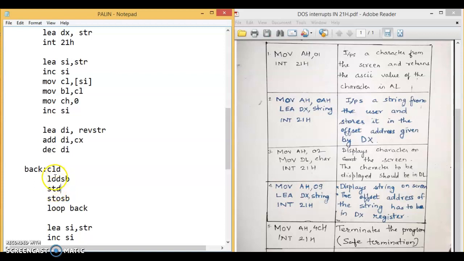Now here we need to load the forward string byte by byte in AL and store it in destination. So here CLD clears the direction flag for auto increment mode, and STD sets the DI in auto decrement mode. Thus the string gets reversed, and this is repeated till your count becomes 0.